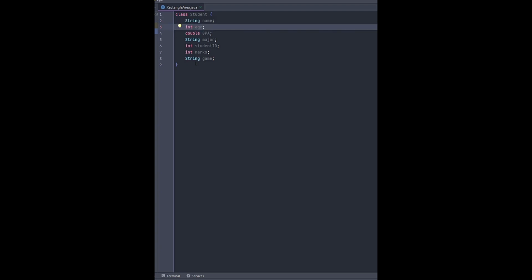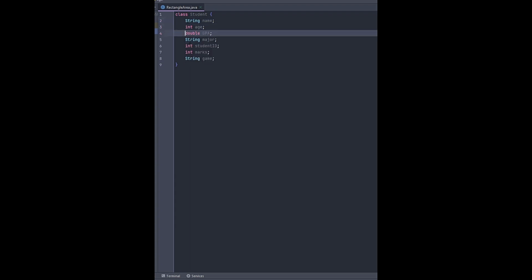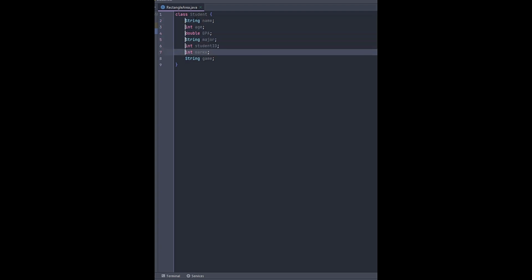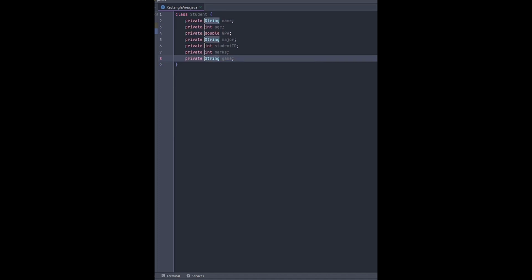So here you can see a simple Java class with several attributes, and we want to add a private keyword in front of each attribute. In row selection mode, we have to modify each attribute one by one, and that will be time consuming. So what we can do is use the column selection mode. Just press Alt Shift Insert and now you can select all the attributes in one go. You just need to place the cursor on the first variable and press Shift and the arrow. It will select all, and you can simply type whatever text you want to write.